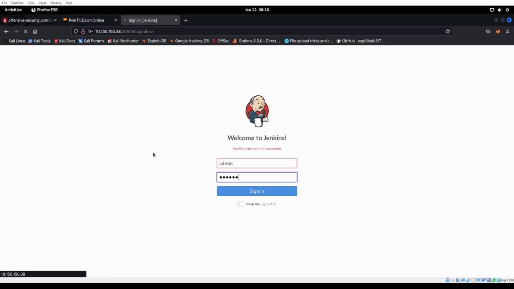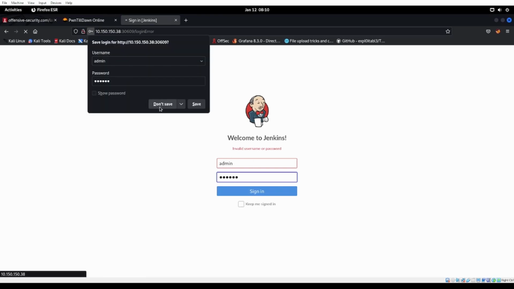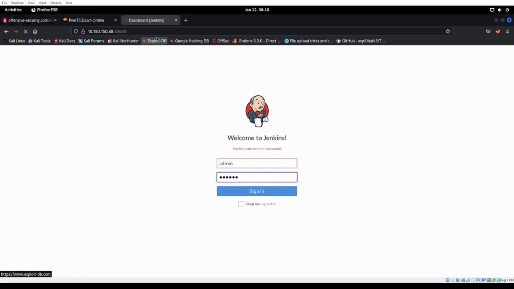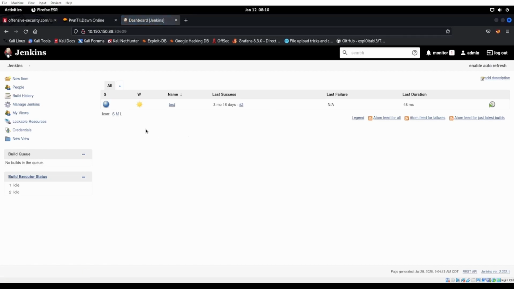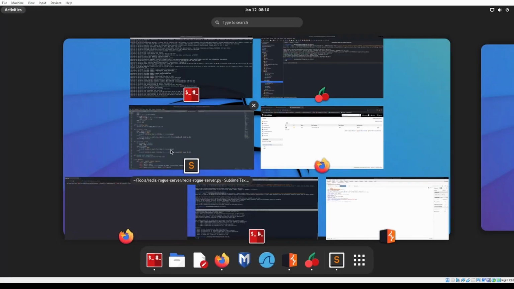Probably beat this thing up a little bit too much too, although Jenkins is always pretty slow. Jenkins always takes a minute. Let's go ahead and stop it though, just in case, and just refresh. There we go. Okay, cool. So admin and matrix. There we got a little Jenkins dashboard. There we go. All right, and if you didn't notice in my Jenkins thing already, I already have a